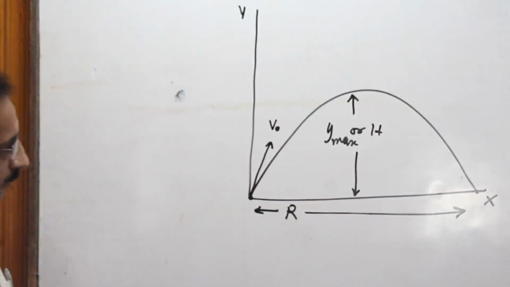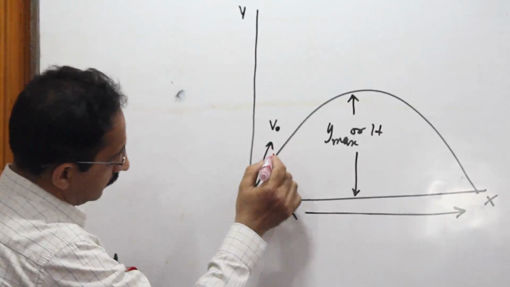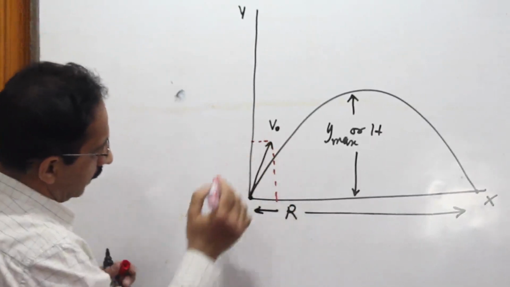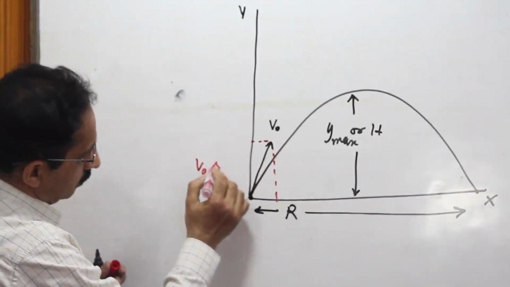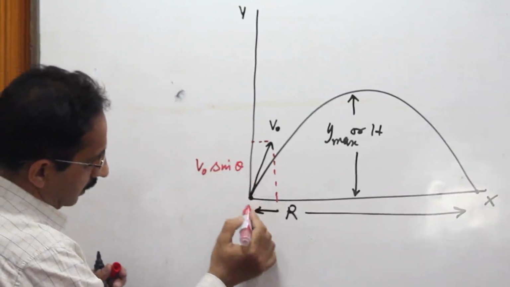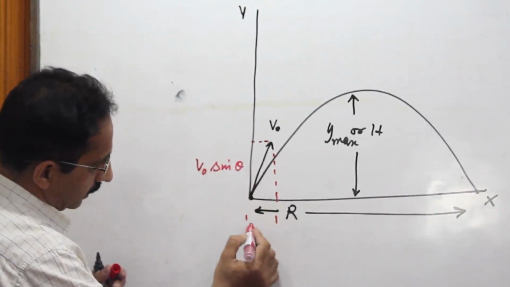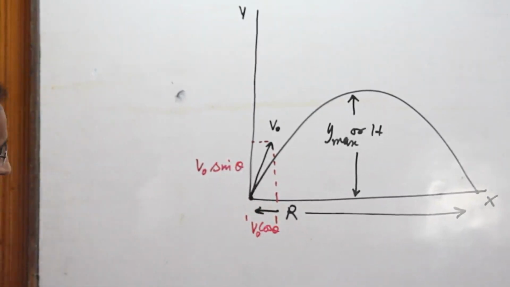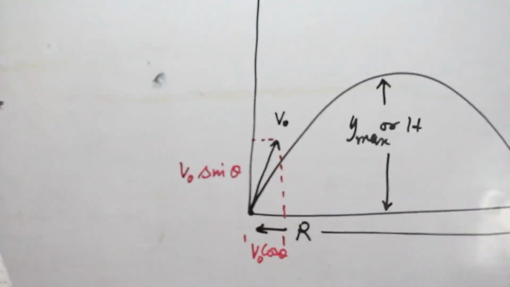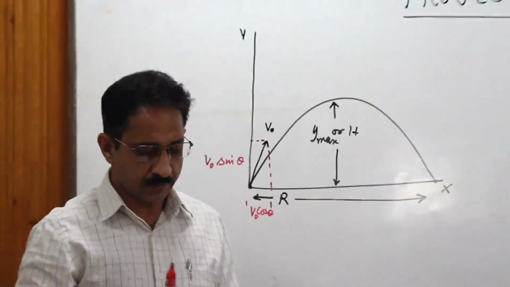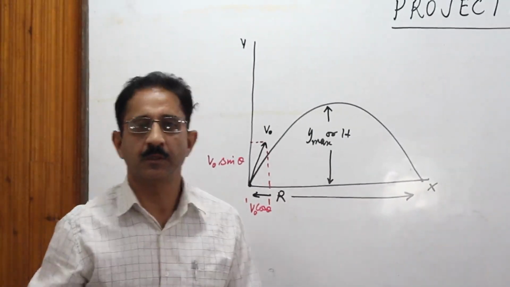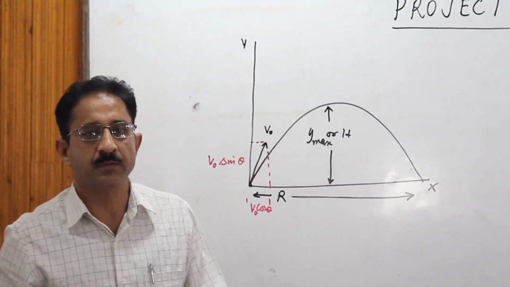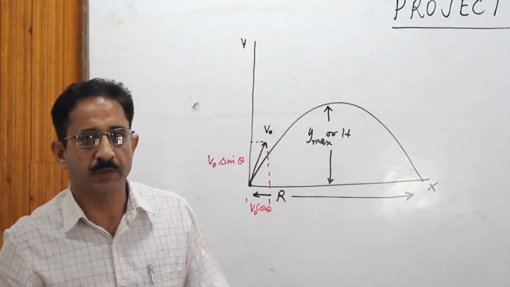We resolved it into two components, one along the x-axis and the other along the y-axis. This is v0 sine theta, and the component along the x-axis is v0 cos theta. With these two components, we tried to understand how this motion is a combination of two one-dimensional motions